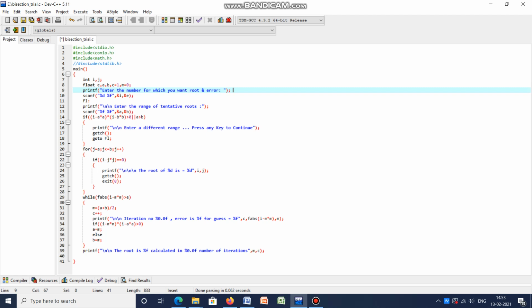In either case, this value will be greater than 0. If they are smaller, then both these numbers will be positive. If they are greater, then both these numbers will be negative, and their product will always be greater than 0. Only if one number is smaller and the other number is greater than the 7 we have taken, for example, then only this condition will not be satisfied.